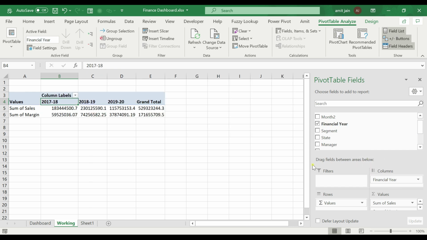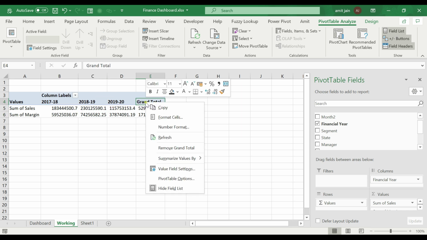So friends, here I am assuming that you know about pivot tables. If you have any concern or issue about preparing a pivot table, you can simply click on the I button, you can see over here in this video, and first visit my pivot related video, and then continue this dashboard video. Otherwise it will be very difficult to understand this dashboard, because in this entire dashboard I will be preparing lots of pivot tables. So here is the financial year wise detail: financial year 17-18, 18-19, 19-20.